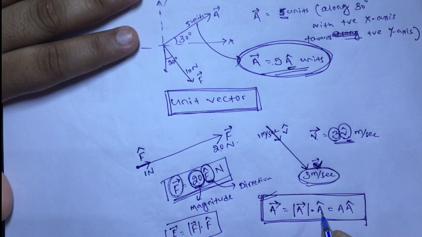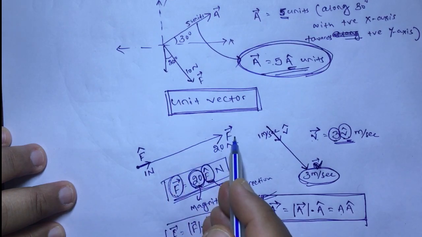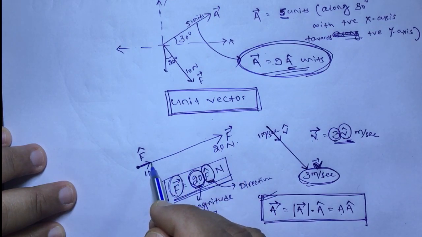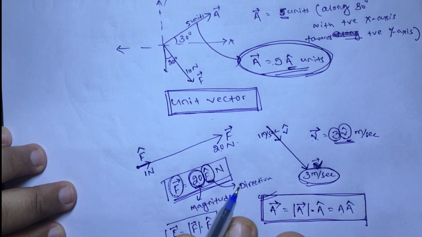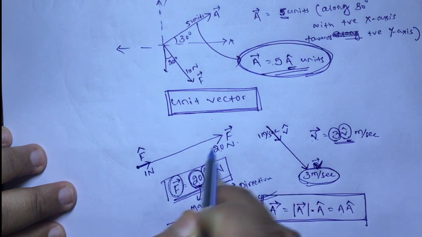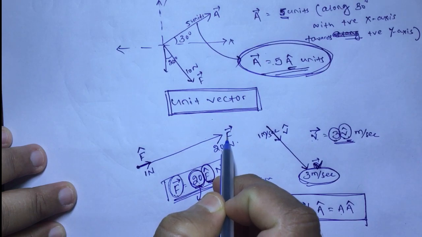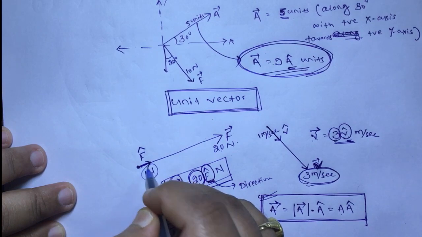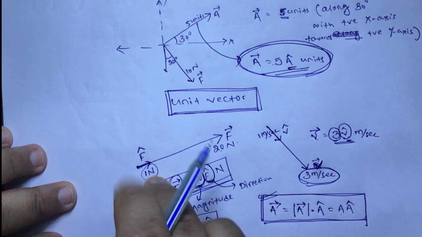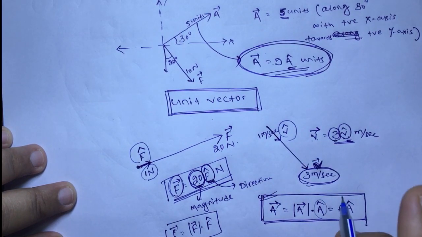If someone asks you to define unit vector, then you can define it as a vector which is along the direction of the given vector, but having a magnitude of 1 unit, that is known as the unit vector of the given vector. Okay, a vector is given, or an f vector is given. You have defined a vector which is along the direction of the given vector and it has a magnitude of 1 unit. Then I can call this vector the unit vector of this vector. Remember, f cap, a cap, v cap, these are all also vectors.